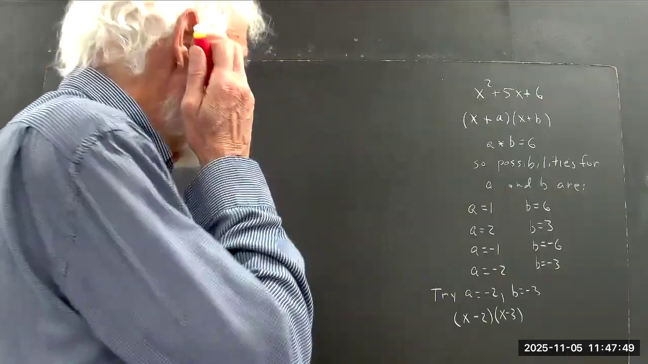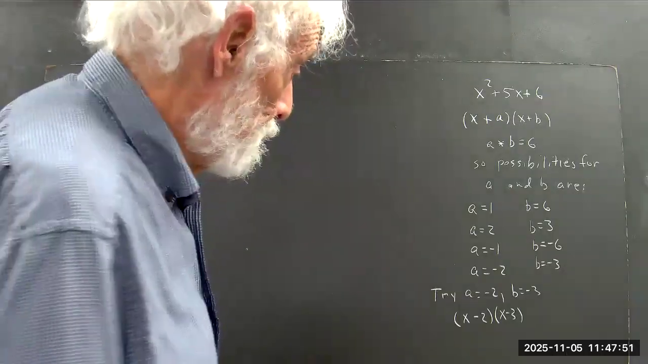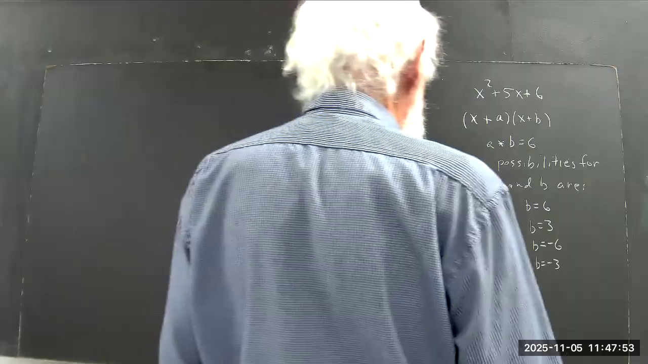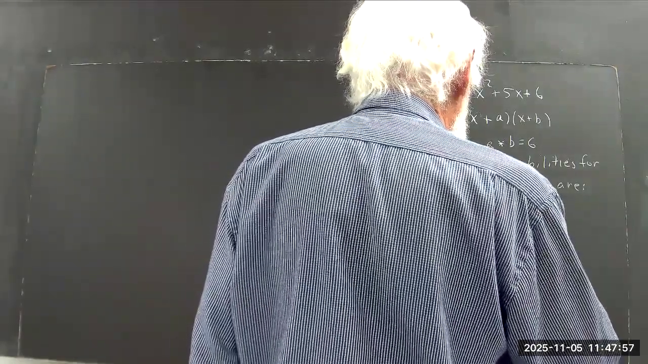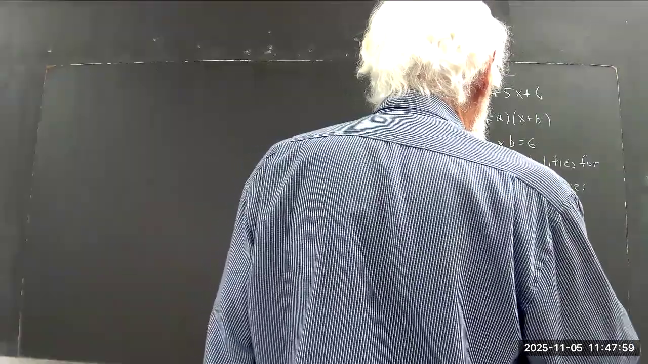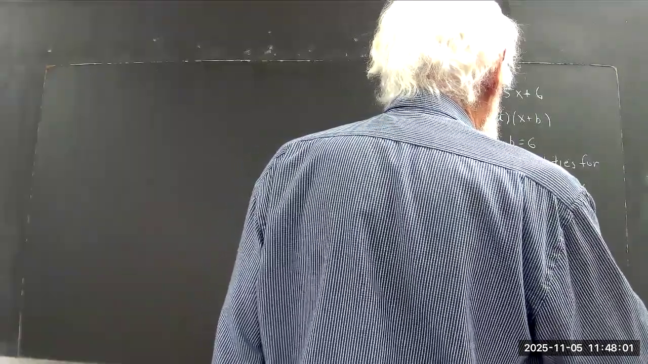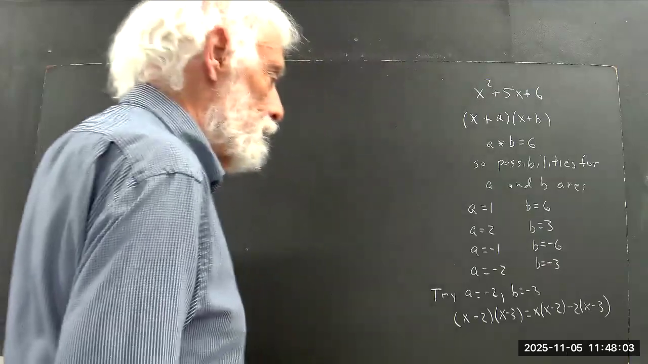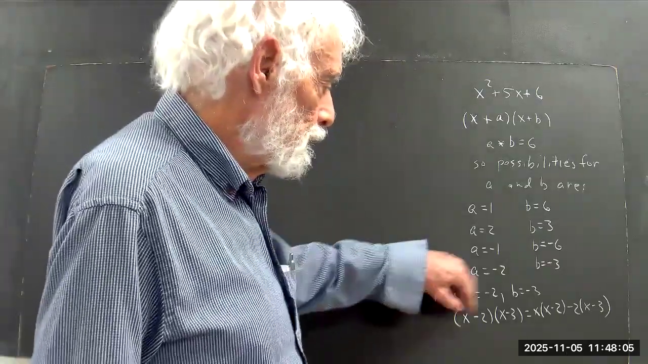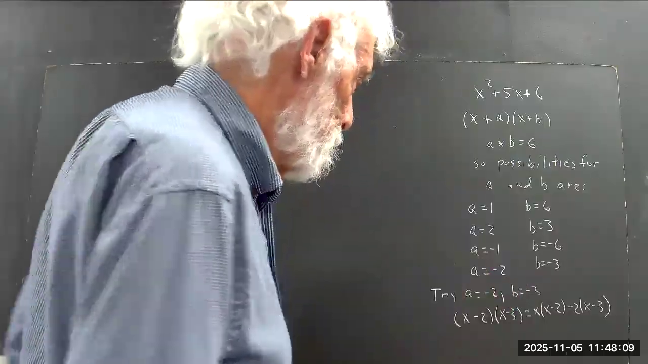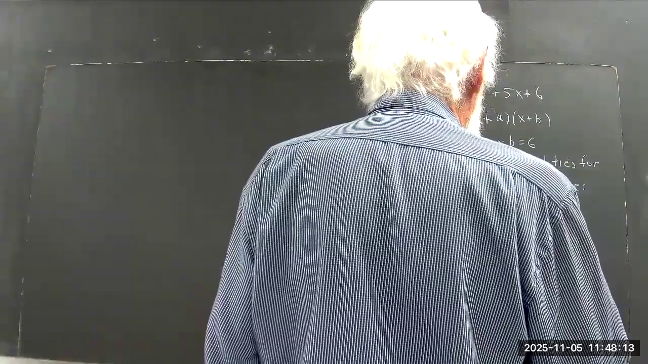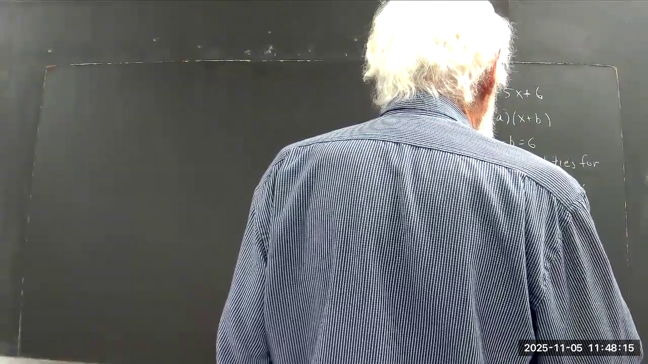What's x minus 2 times x minus 3? Well, that equals x times x minus 3 minus 2 times x minus 3, using the distributive law, this times this minus this times this. And what does that equal? That equals x squared minus 2x